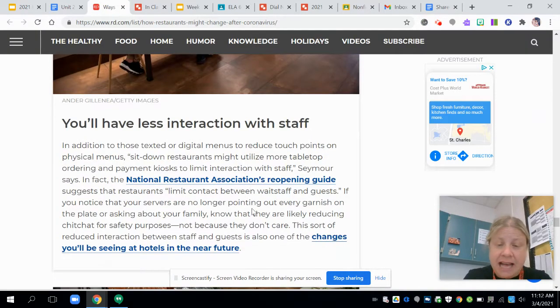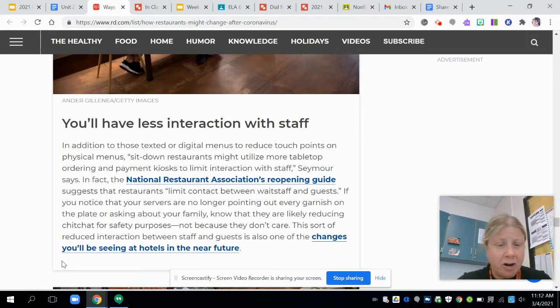And as I look at this, I want to really pull out what I feel is an important piece of information that I'm going to include in my article. So as I look at it, in addition to those texted or digital menus to reduce touch points, sit-down restaurants might utilize more tabletop ordering and payment kiosks to limit interaction with staff. They may no longer be pointing out every garnish on the plate or asking you about your family, reducing chit chat. I'm going to put here, I think, more